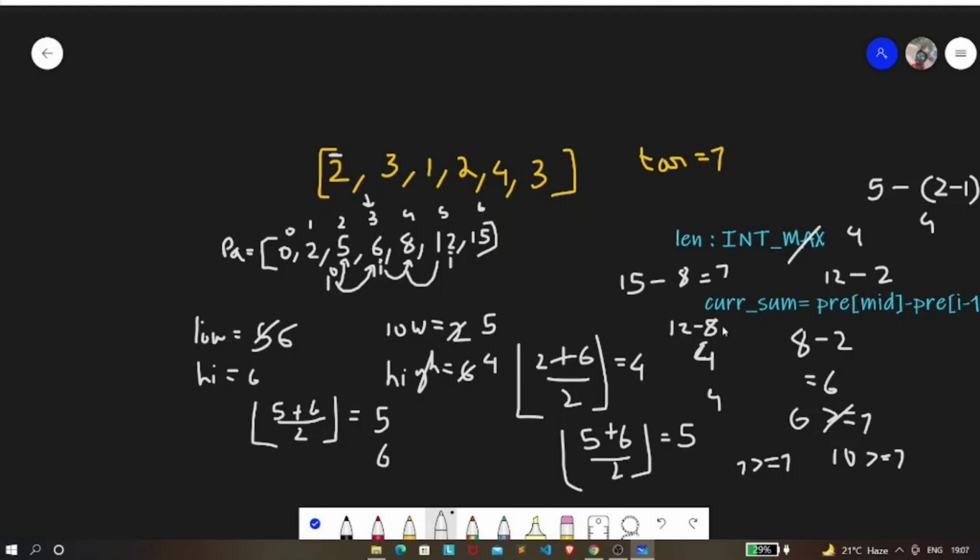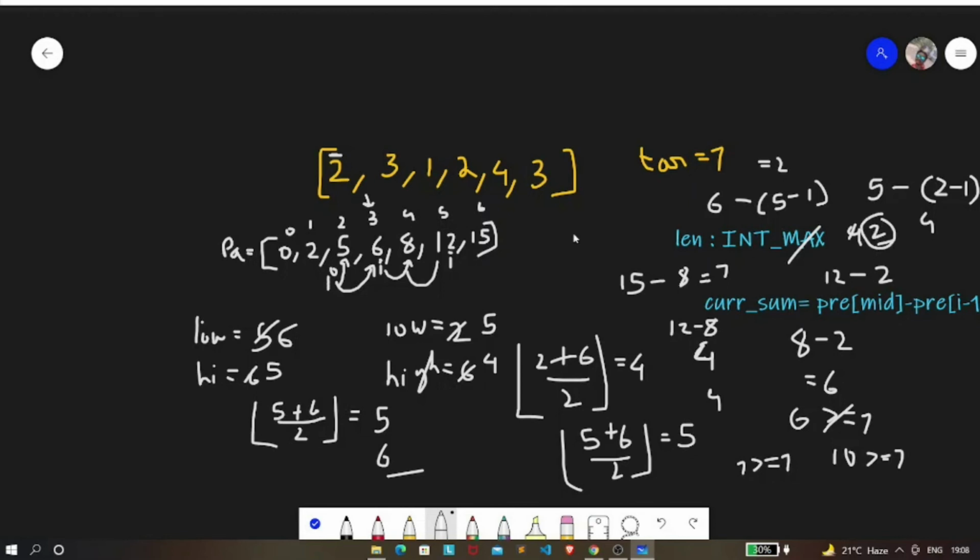So we can update our length. Now what is our mid? The mid is 6, and our I is 5. If we subtract this by 1, it will be 4, so it will give me 2. So our length will become 2, right? And then we are going to update our high pointer. So it is 6 right now, it will be 5. So our low is 6 and high is 5, so we're going to terminate. And this is how we get our answer.